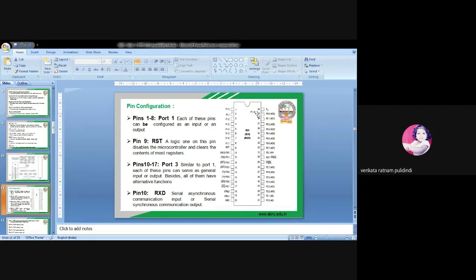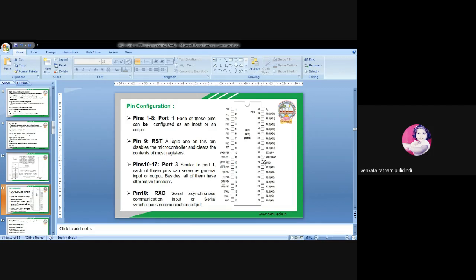And here we have another port, pins 32 to 39. This is nothing but port 0. Port 0 is also used for multi-purpose. Only port one is dedicated for IO, and the remaining three ports are used for multi-purpose. Pins 32 to 39 are port 0, which is used for the lower byte of the address bus, and sometimes also for data, that is AD0 to AD7.